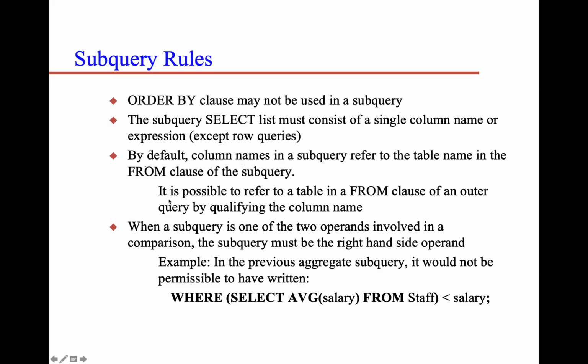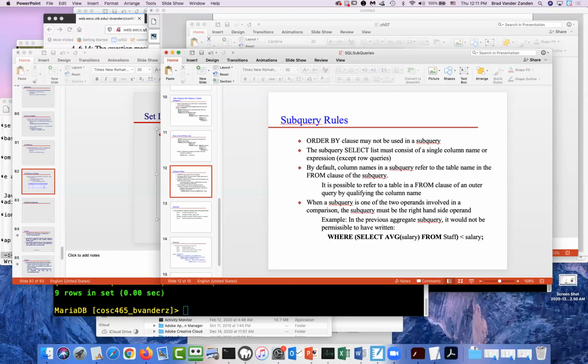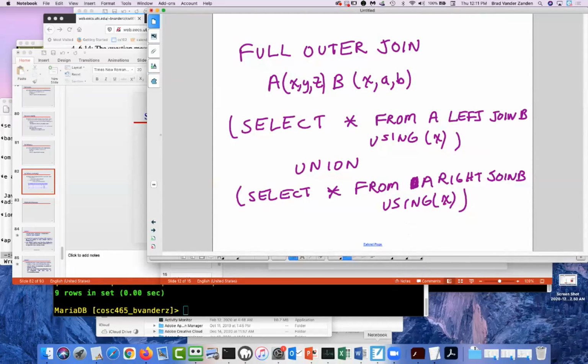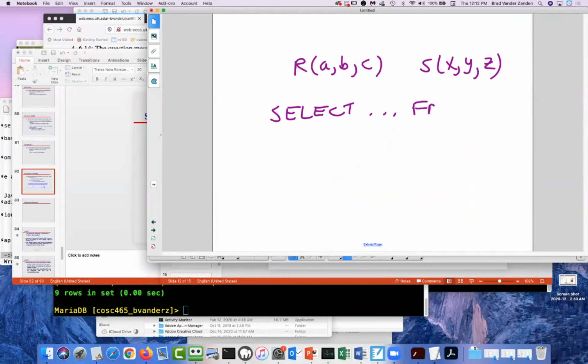So the idea is, let's say R has A, B, and C, and S has X, Y, and Z. And you have select ... from R, and you say some operation, let's say natural join,